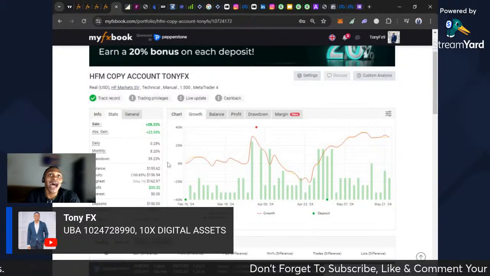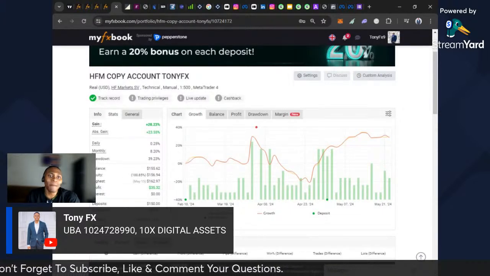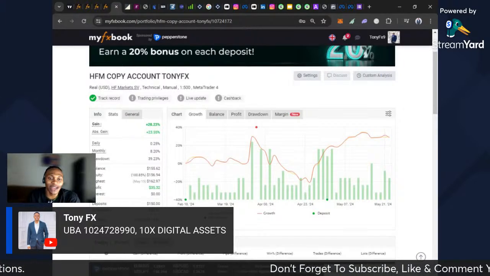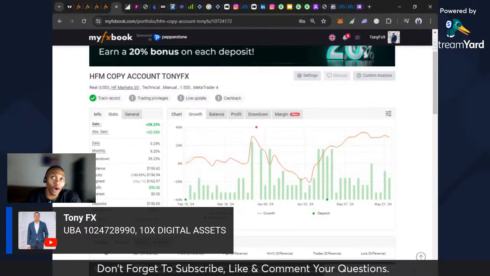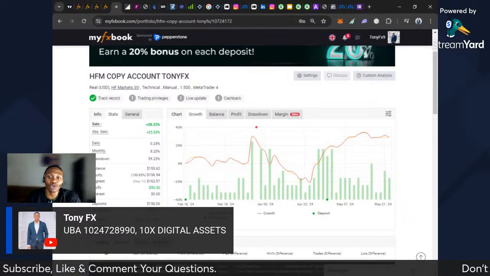And so far, we've been able to make withdrawal of $29.70, and we have been able to make a profit on this account of about $35.32. We're compounding this account gradually, and this is going to give everyone that wants to earn passive income in trading a chance. You don't want to learn how to trade, or you currently trade but you want an extra source whereby if I'm trading and making profit, you'll be making profit as well.